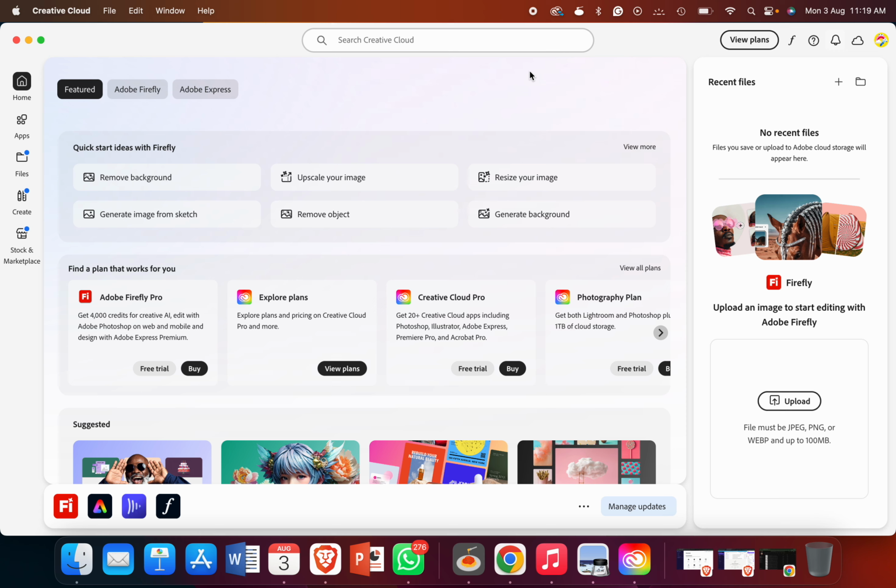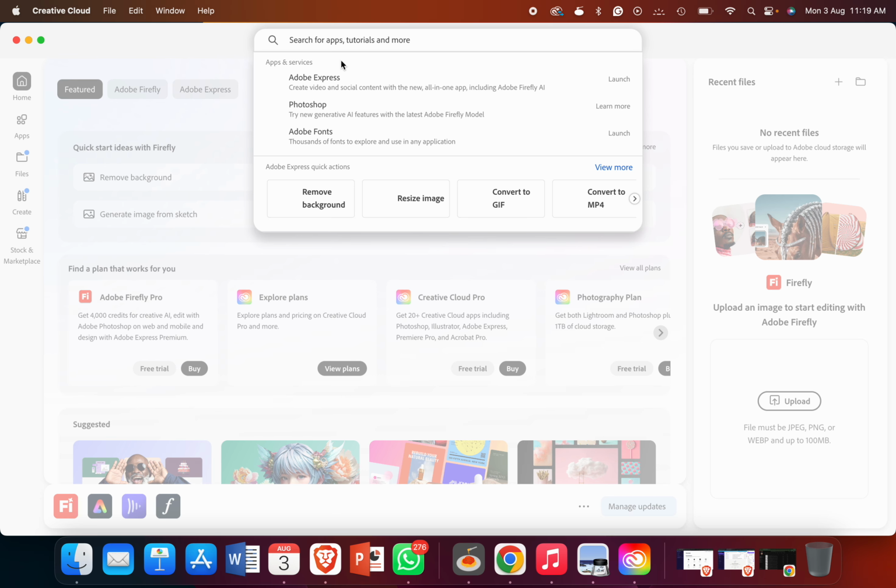In this video we will see how to install Adobe Fonts in Creative Cloud. So guys, if you want to install Adobe Fonts in Creative Cloud, just follow this video. For this, first of all, go to your Adobe Cloud. If you want to search for an application, you can also search for it here,